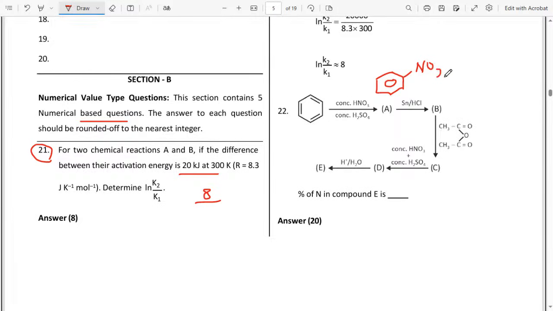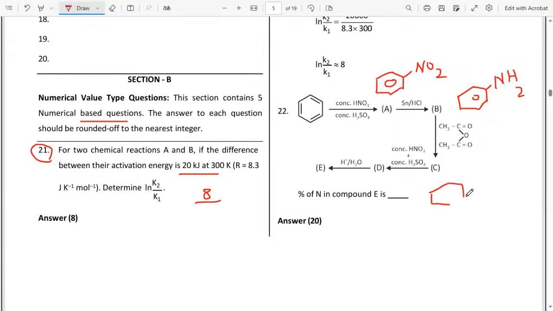And with tin and HCl, yes, nitro is going to convert into amine, that is aniline, NH2. What is going to happen? Aniline upon acetylation gives acetanilide, right? With acetic anhydride, you are going to get